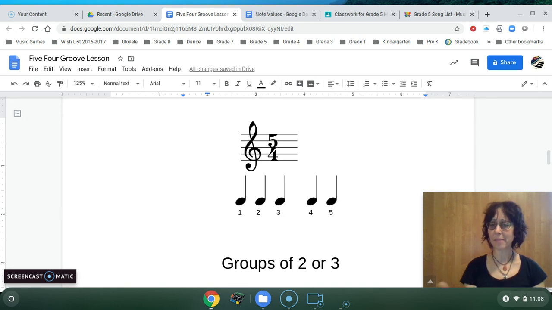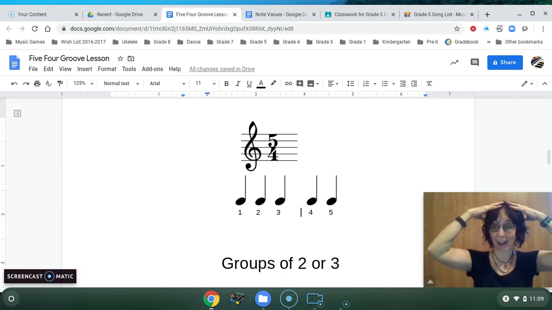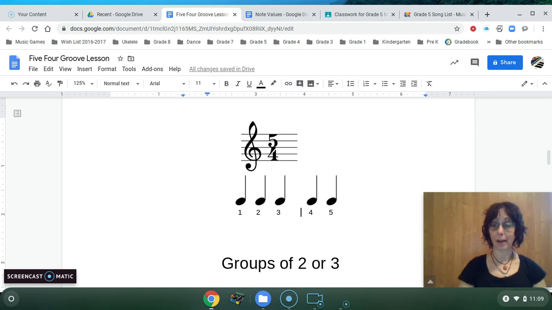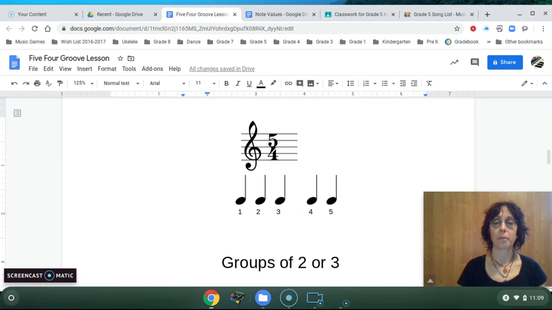So pick something that you can do for the first 3. Here's your toolbox. You can tap, you can snap. You can tap, tap, tap, tap. There are many places to tap, right? Then you could swish if you wanted to. You could stomp your foot, and